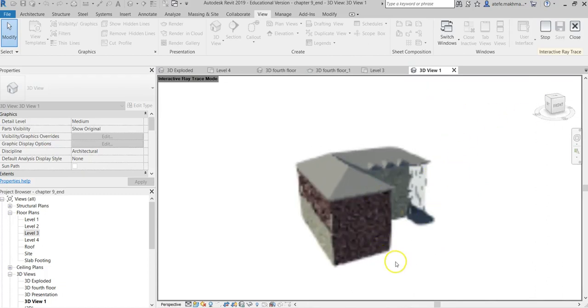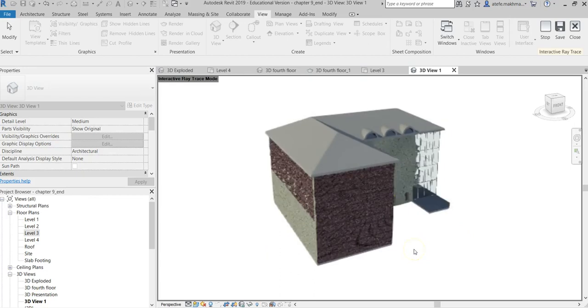Somehow it has rendered the whole. Okay, I don't know why it jumped outside the building. I was hoping it stays 3D view. Well, my camera was well placed inside, but again, this is just an idea of how you do interactive ray